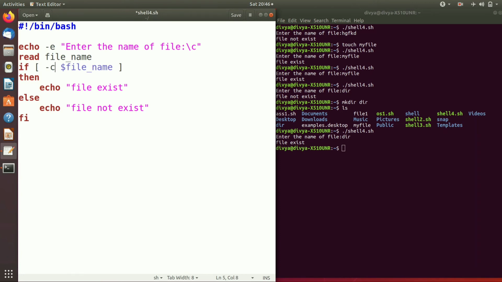Okay, there is also a flag to check whether the file is empty or not. For that you just need to use the -s flag, and it checks whether the file is empty or not. So we have to modify the program, like here I just write file not empty, and here file is empty.